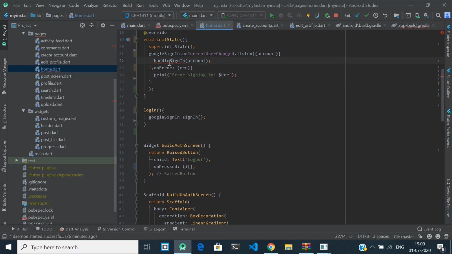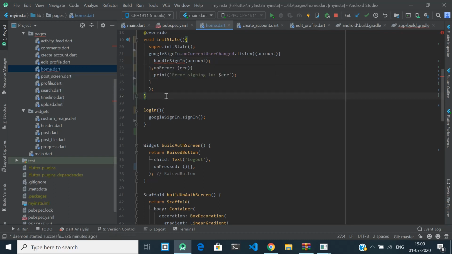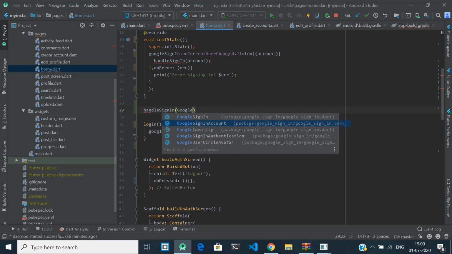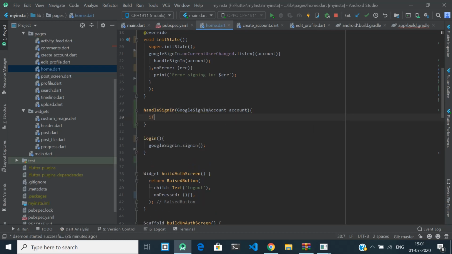Yeah, so let's create this function, handle sign in, and we will sign in account. So account will contain the information. First we have to check that we should not get null in the account.